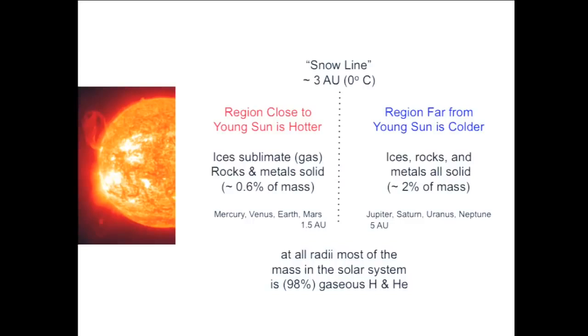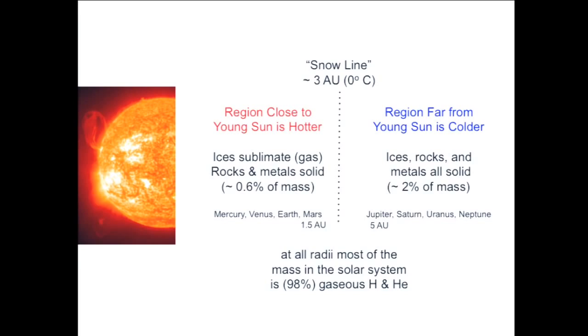In here, the temperatures are so high that you have gas rather than ice. This region is often called the snow line or the frost line because it's where you start to condense out solid material. The key point is what happens then. Out here, you have ice, water in solid form, and you also have metal in solid form, iron oxide, silicon, rocks, things like that. So out here, you have a lot more solids than you do in here.